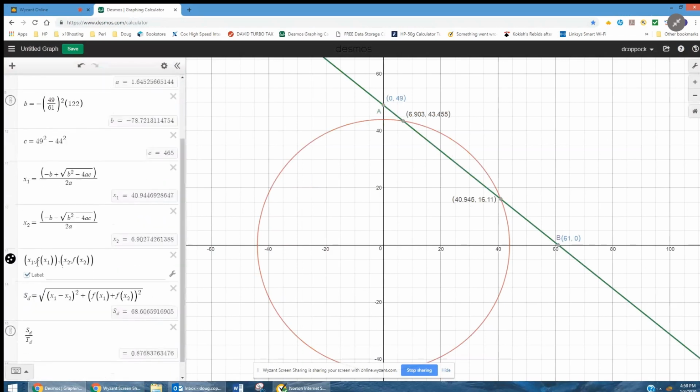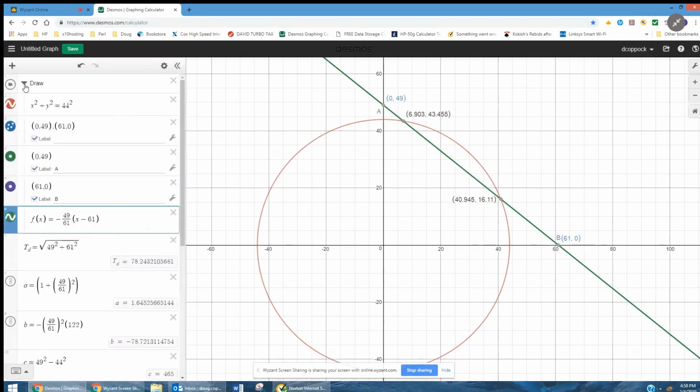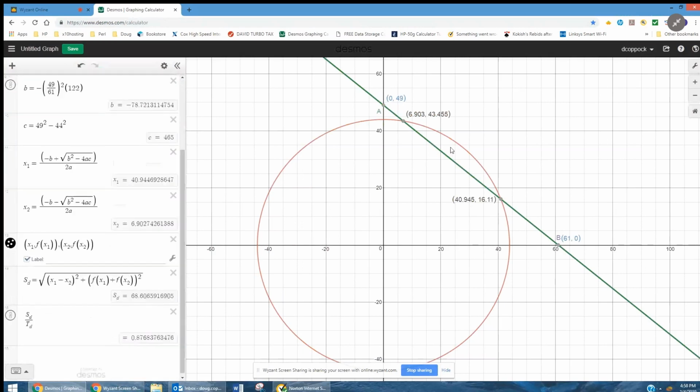Then I actually plotted the points x sub 1, f of x sub 1. And by the way, what is f of x sub 1? That's this guy right here. f of x equals negative 49/61 times the quantity x minus 61. So that allowed me to plot these two points right here. And then I found the distance between those two points to be